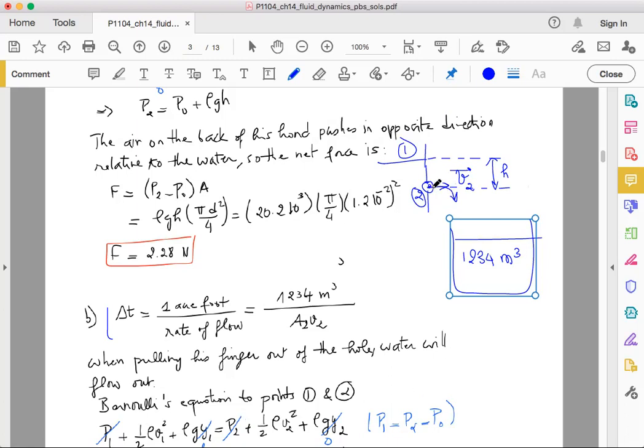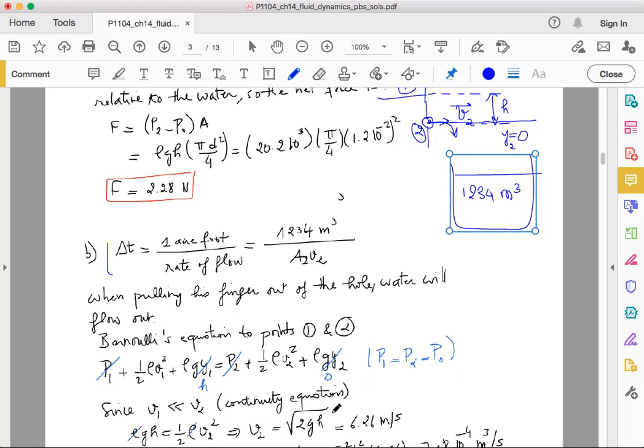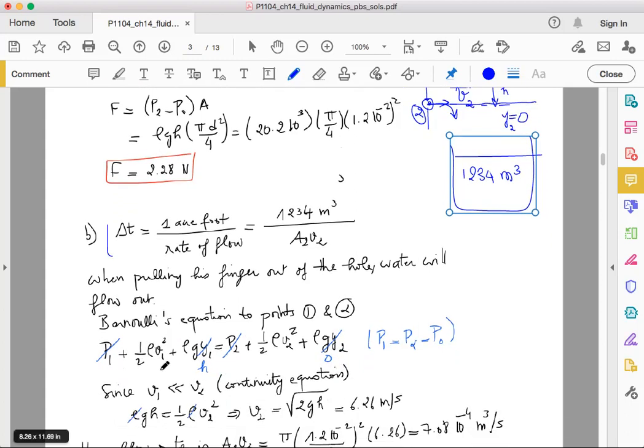Then if we take the level at point 2 to be the y equals 0 level, then we can say that y2 is equal to 0 and y1 is nothing else than h, just like before. So we end up with y1 equals h and y2 equals 0. So we end up with the following equation: half rho v1 squared plus rho gh equals half rho v2 squared. Now, we don't know what v1 is